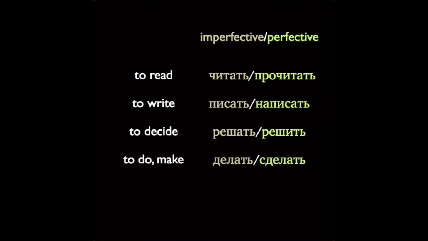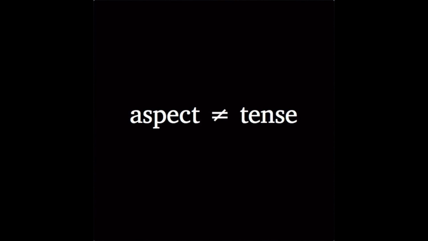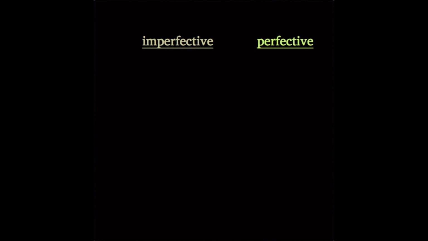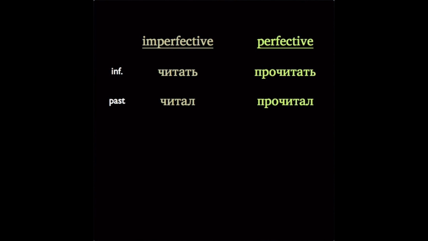And just one or two other important points. The names imperfective and perfective might sound like the names of tenses in some other languages, but in Russian, imperfective and perfective are not tenses, they're aspects, that is, they're ways of viewing and expressing an action, not limited to a specific tense. That's why you'll see either aspect used in the infinitive, in the past tense, in commands, and